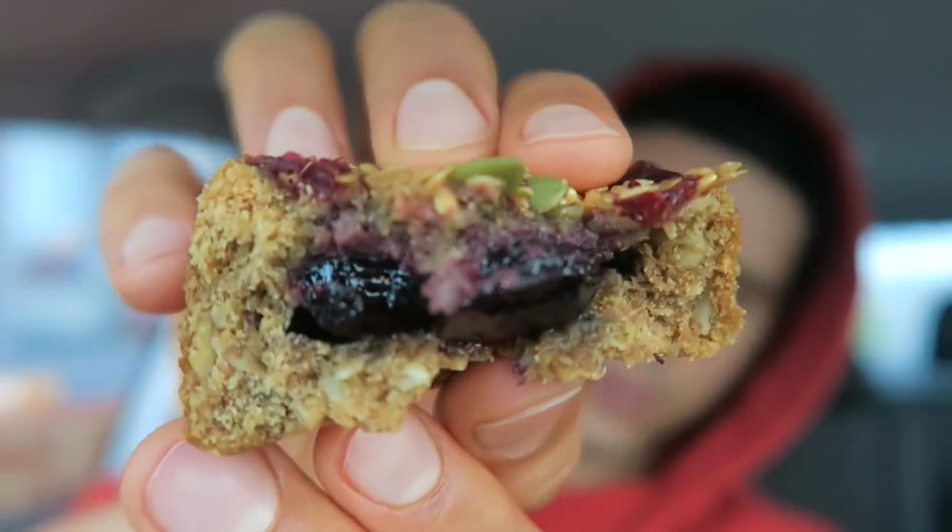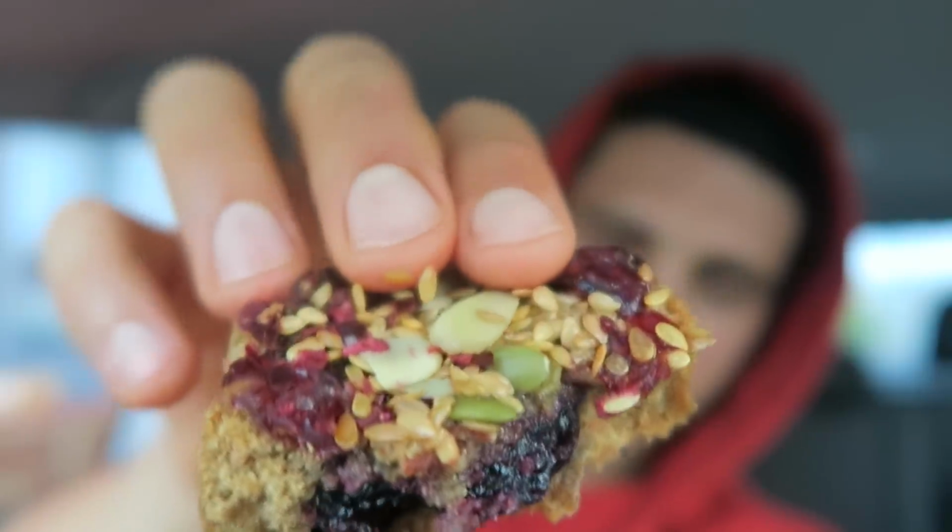Really good cake. Can you see all of that jam in the middle? And they've got some pumpkin seeds on top. Okay, so I had to send my drink back. This happens all the time because they made it with caffeine rather than decaf. I'm not allowed to drink caffeine. Number one, because I'm already hyper and crazy, but number two, because I've got one adrenal gland, so if I have caffeine, I literally...